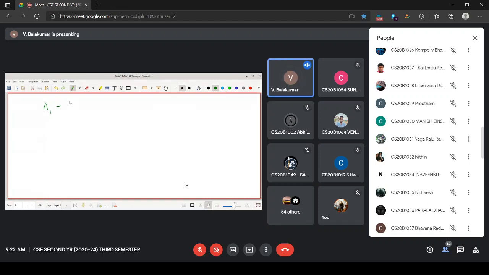A1 is the collection of milk sweets. They will be keeping it in a row within a glass box, and you are not interested in it. Then you are moving around and checking some other thing, collection of ghee sweets.